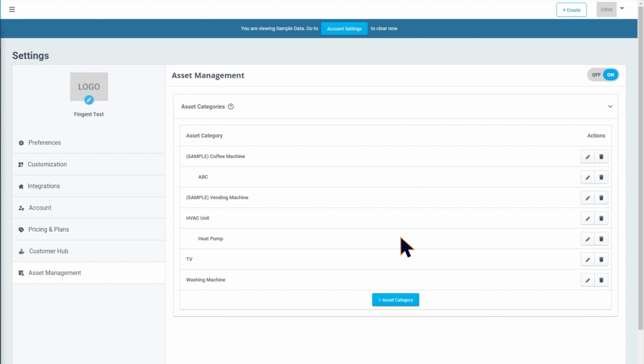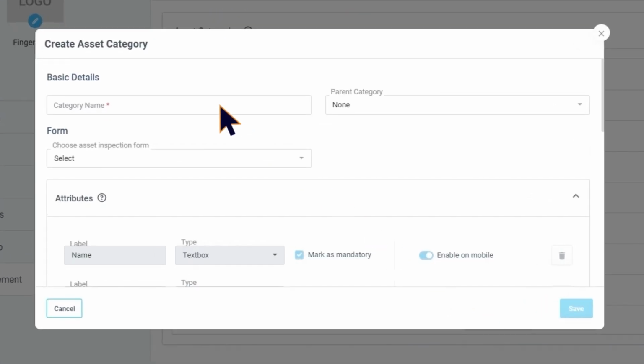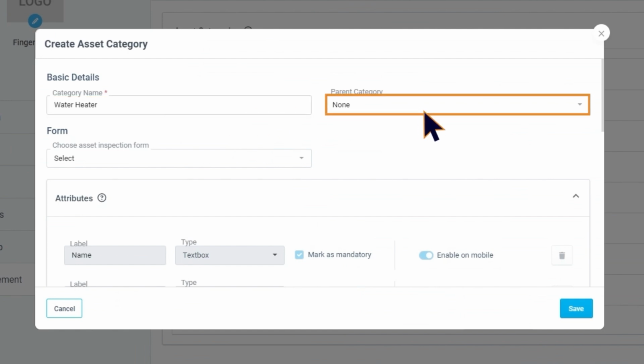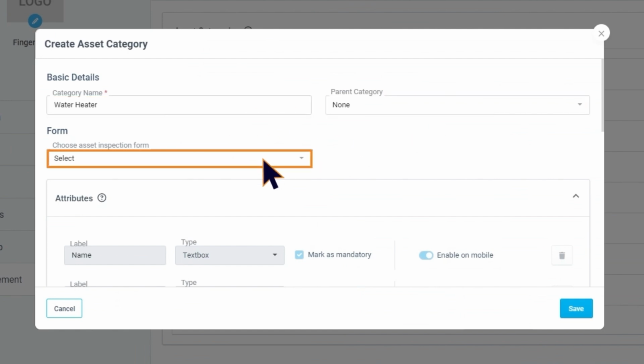After enabling Asset Management, you will have to define the various categories of assets for which your field service company provides service. Click on Asset Category and provide details like category name and parent category, if any. If you have a form that needs to be used for inspection of assets in this category, select it from